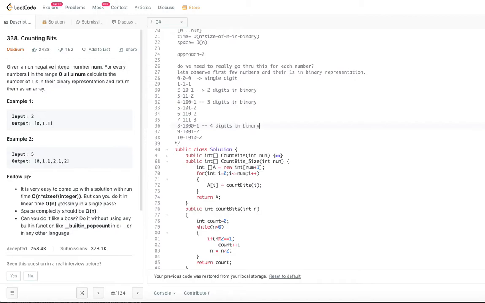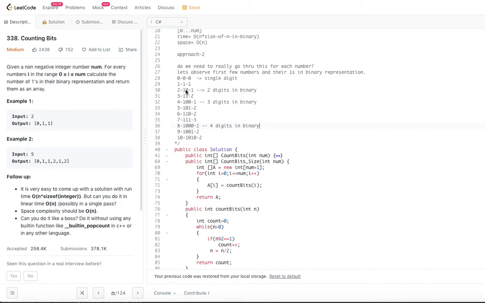Likewise, if we segregate them, there are single-digit binary numbers, 2-digit binary numbers, 3-digit binary numbers, and so on. Is there a way to come up with some logic going from single digit to double digit, double digit to 3 digits, and 3 digits to 4 digits? That is the question.